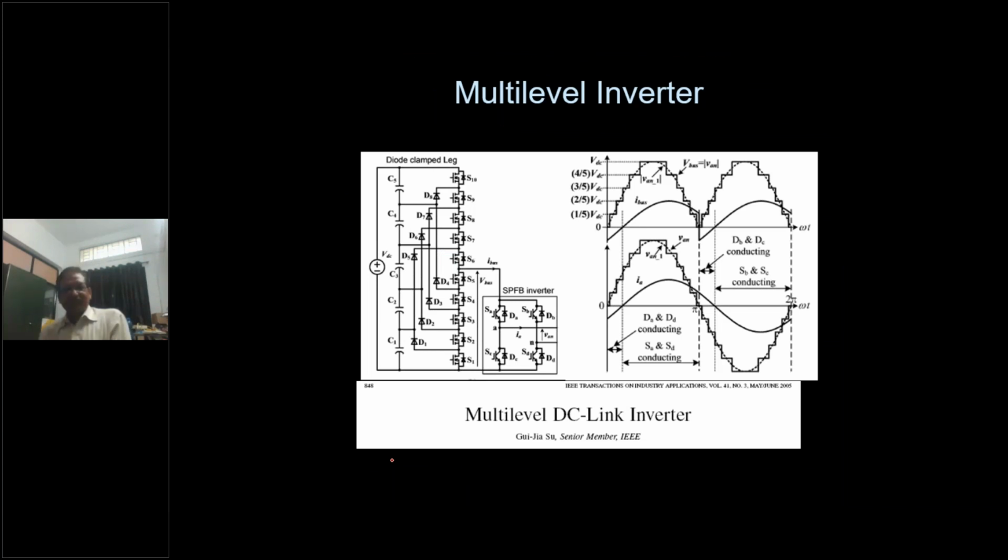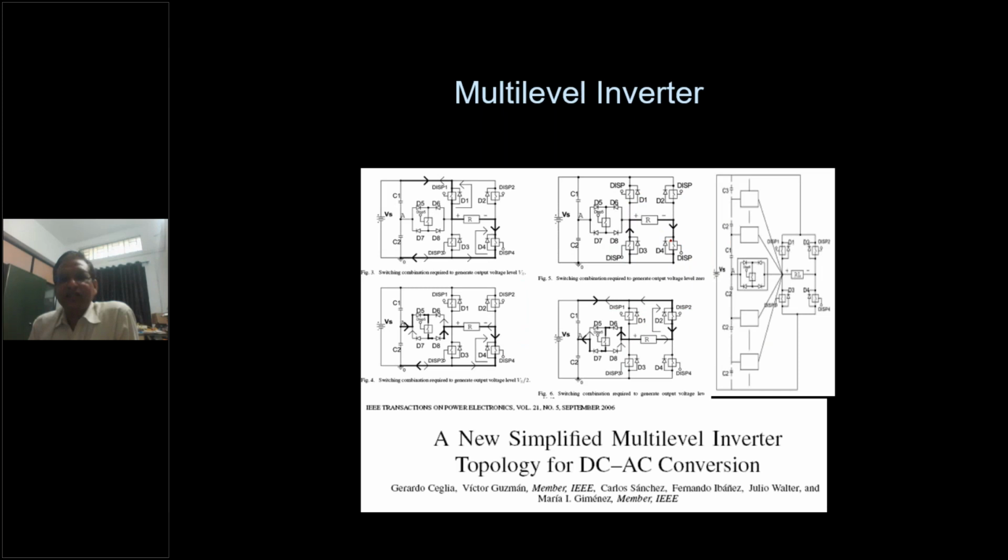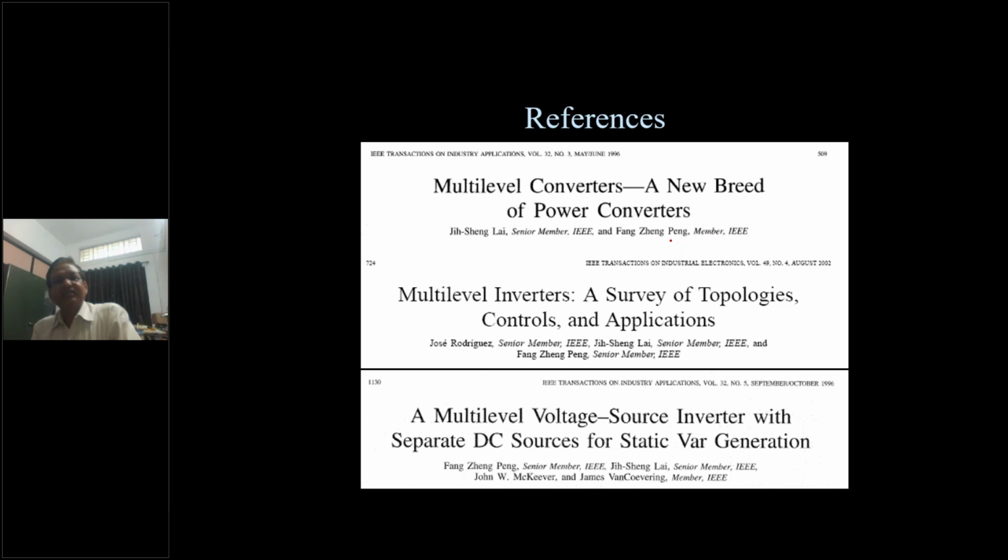Another multi-level inverter is this one. What it does is generate only a number of levels, and this is used to change the polarity. So instead of this, we don't have to generate this many levels. You have to generate only 50% of the levels. What is the use of this? This is a switch reduction technique, used to reduce the switches. This is another method used to reduce switches. And these are the references which I used for my presentation.